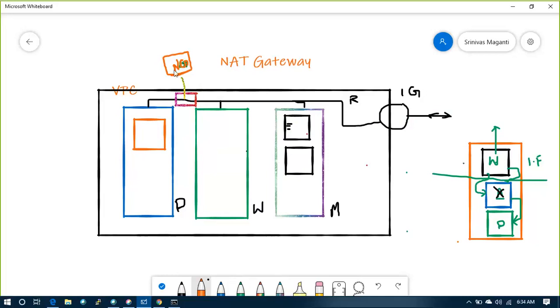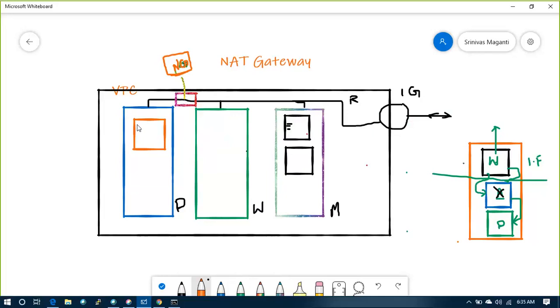That we need to achieve by the NAT gateway. The server cannot be accessible from the internet, but the server can go and talk to the internet. So that communication from the server to the net will be done by the NAT gateway or the internet gateway? NAT gateway. Whatever rules and regulations we put on the NAT gateway, the NAT gateway in turn passes the traffic to the internet gateway. The internet gateway will send this traffic to the external world. But if someone is accessing the DB server, the internet gateway will allow it, but if the traffic comes to the NAT gateway, it will stop. You cannot go inside. That's it. Okay.